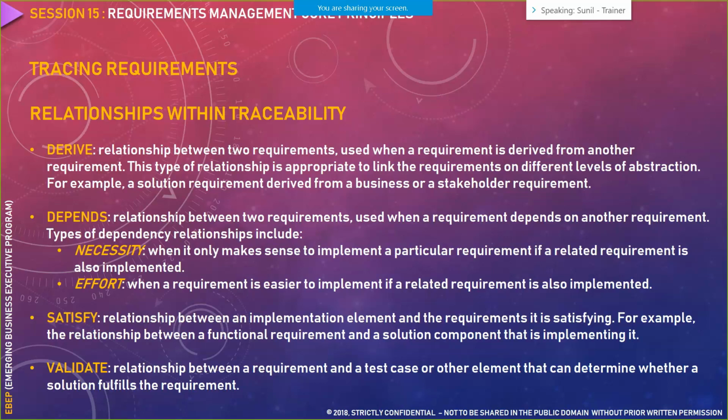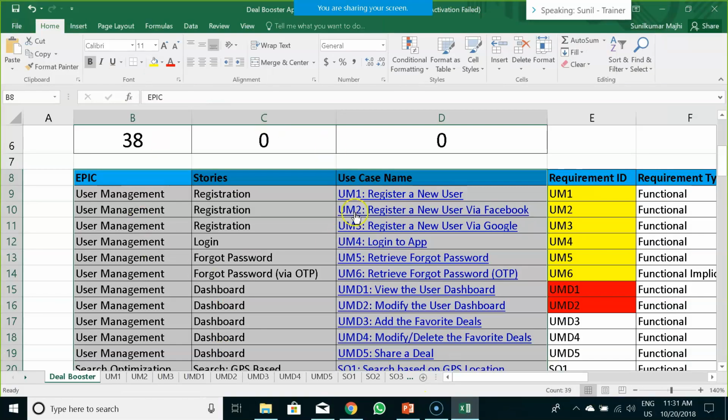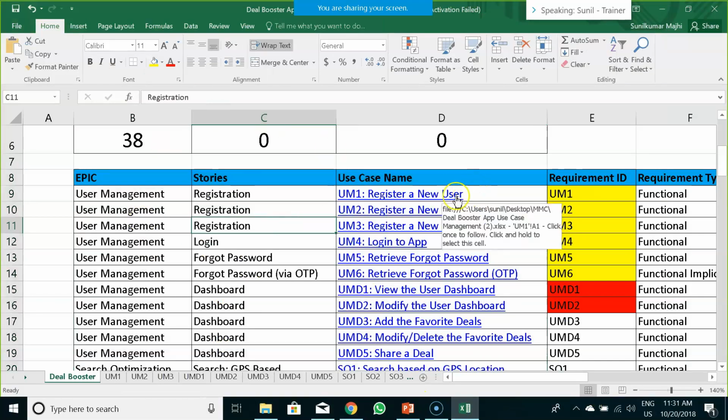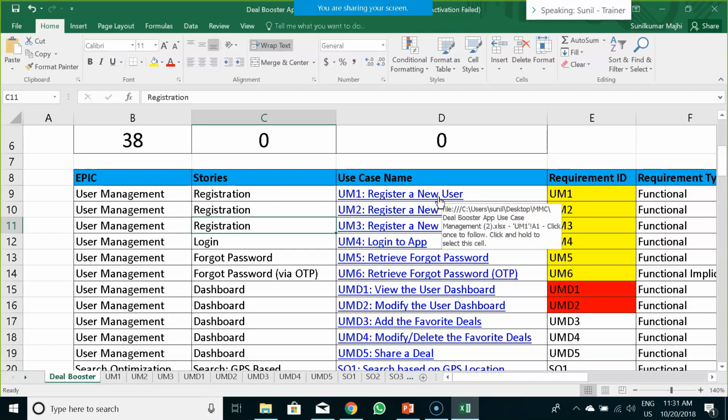For example, take the requirement register a new user. Now register a new user via Facebook and register a new user via Google. These two requirements are essentially derived out of this new user requirement.